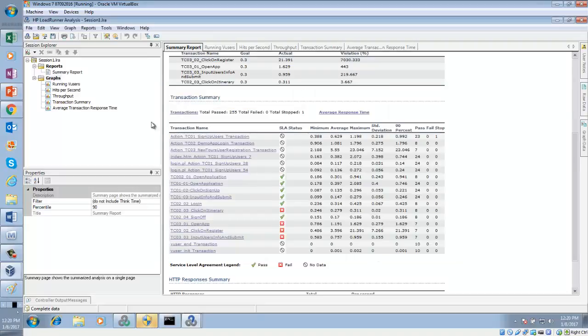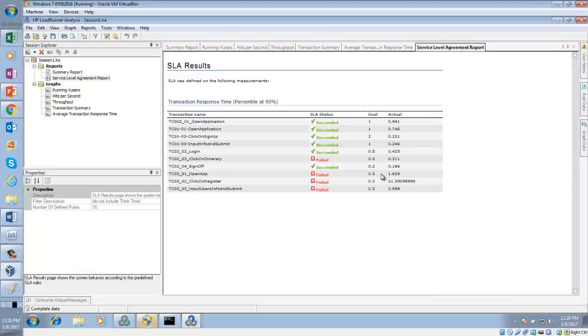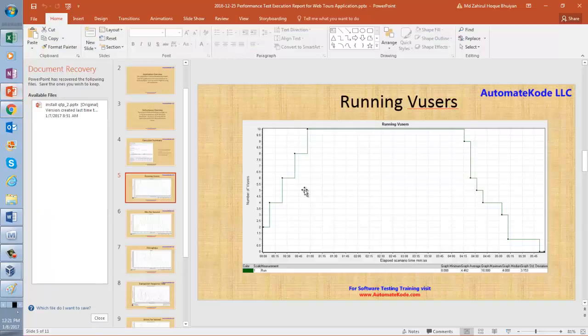Not this one. Let me add a new graph, analyze SLA. Now you can see, you can add another graph. Let's say edit, copy to clipboard. You can go to your report